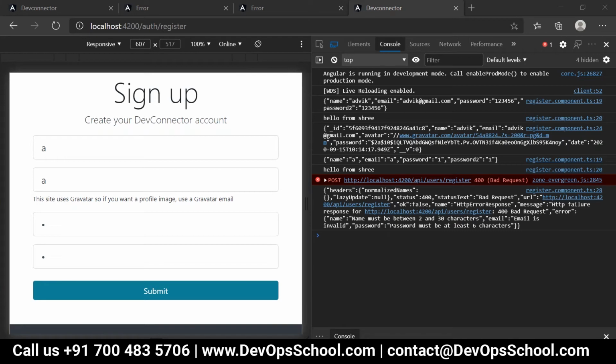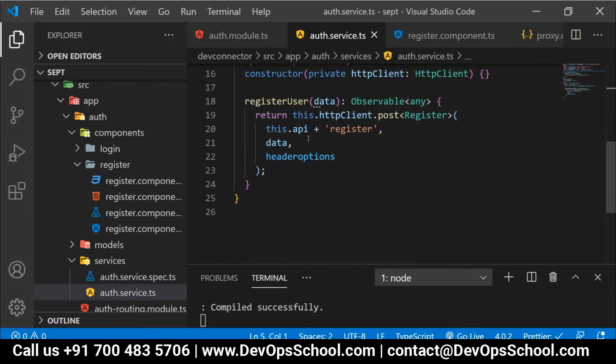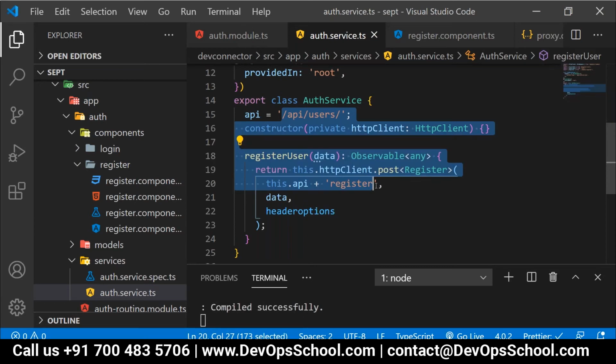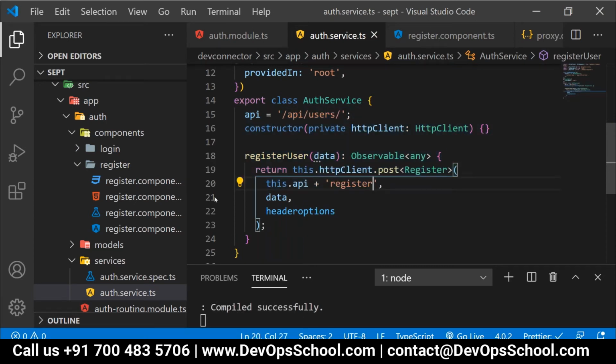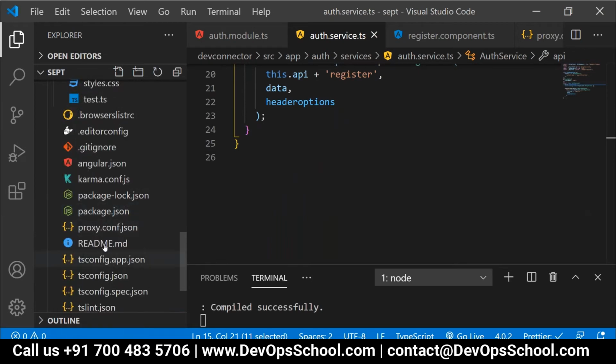Are you able to see my screen? Yes. Sign up, right? Now have a look over here. We are inside the auth service, right? Here, is it going to raise a request for API/user/register? But internally, whenever you come across this REST API call, have we defined proxy.conf.json or not?